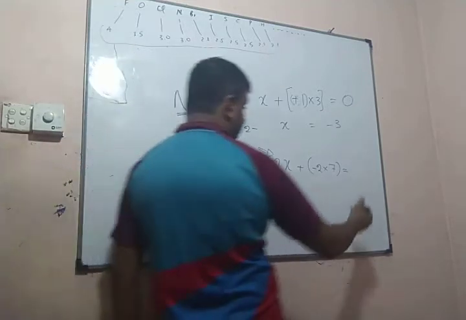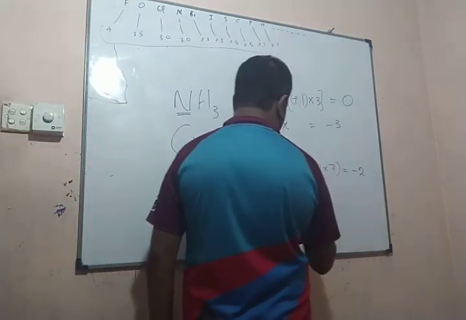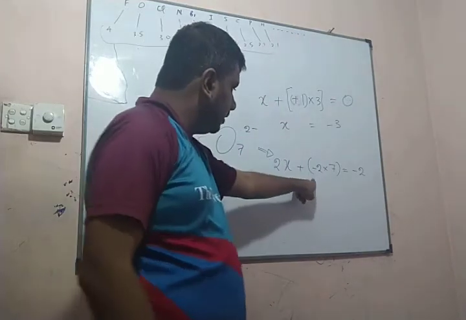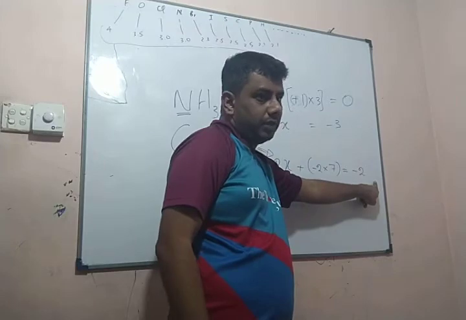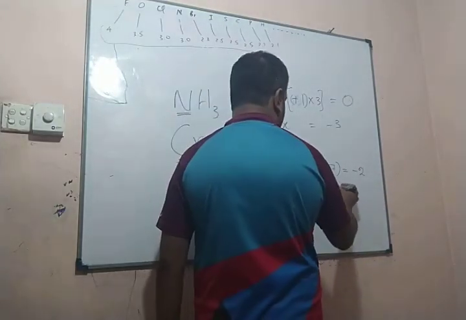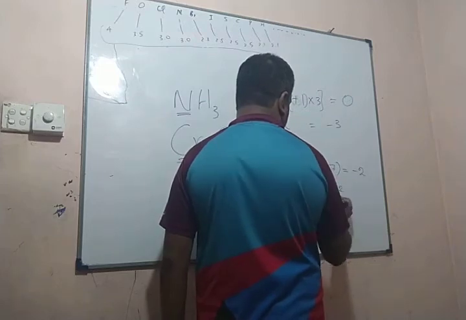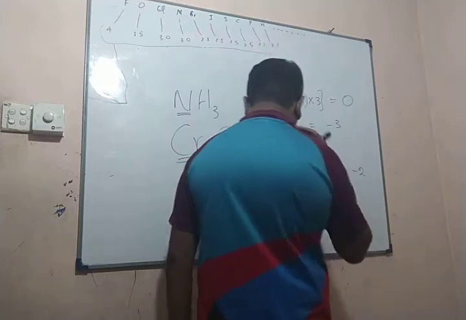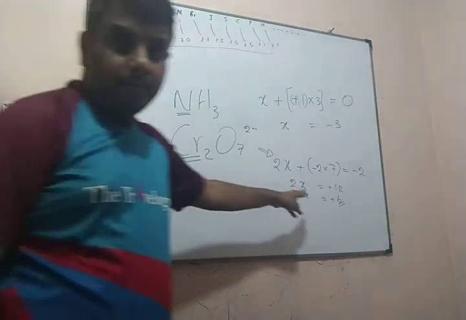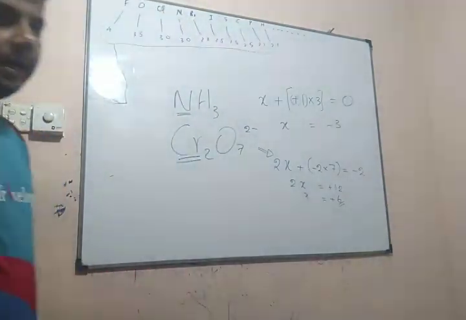There's a charge, right? Minus 2. So 2x is equal to minus 14 plus 14 to upper, 2x is equal to plus 12. So x is equal to plus 6. So oxidation state of chromium is plus 6. And then